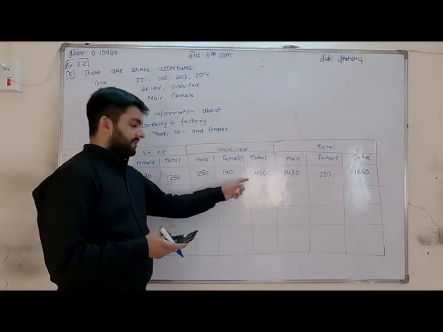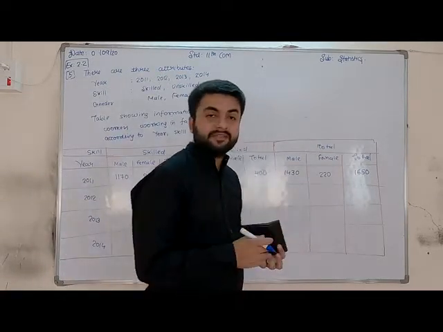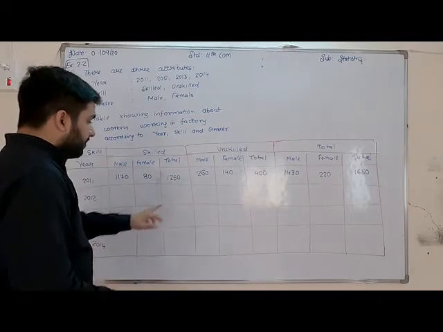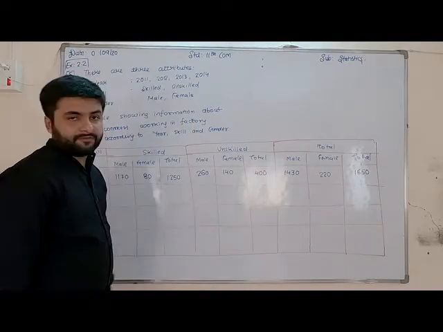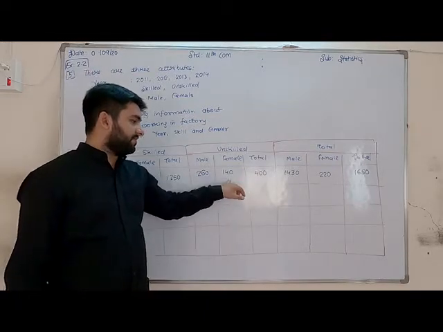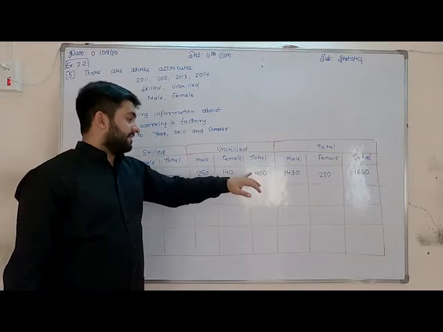260 and 140 is 400. 1430 and 220 is 1650. Again, 1250, 400 and 220, and 140 was given. So first what we did, 400 minus 140 is 260. Then next what we have done, friends, that